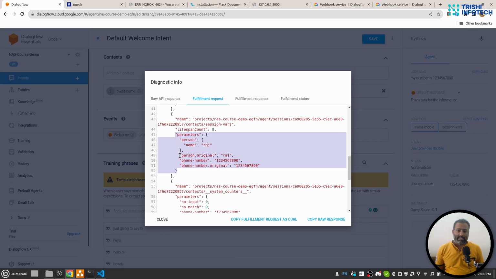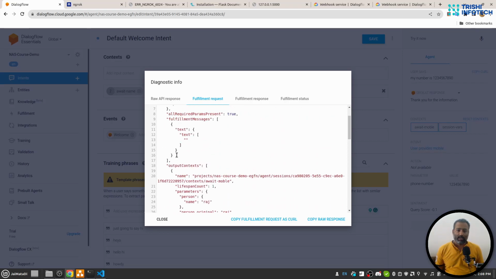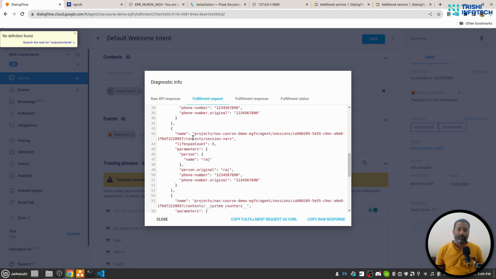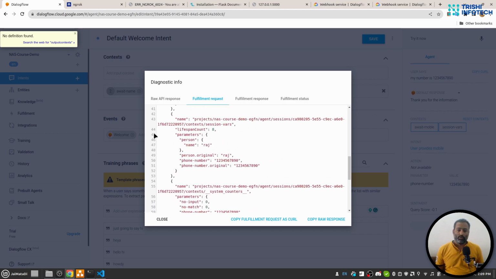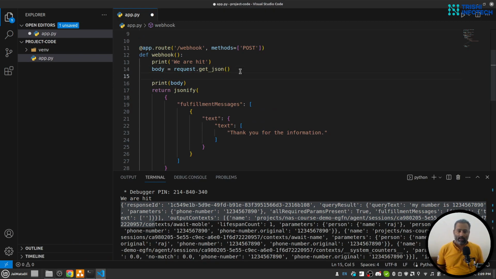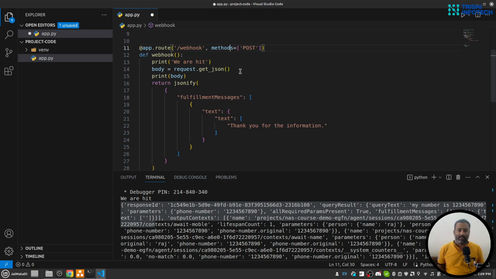Now let's understand how to extract information from this output. So basically from this request, and then there is output context, and we want to get this information. So for that, what I'll do is that this body has output context. So I'll write another function,